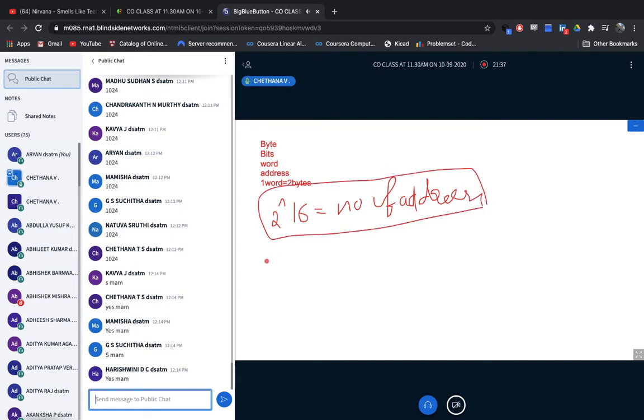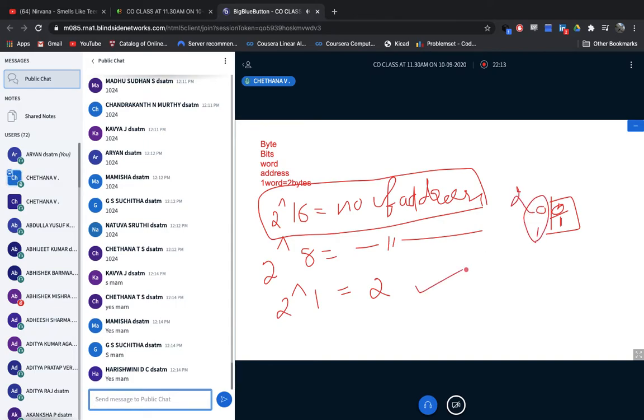If it is only one byte, it means 2 to the power of 8. That many memory locations, addresses, you will get. Suppose it is only one bit, then 2 to the power of 1, which is 2. That means your memory will store either 0 or 1. 0 is one data, 1 may be another data. So how many locations? 2 locations. I think you are able to understand. Have you got the point about memory locations? Everyone? Yes or no?